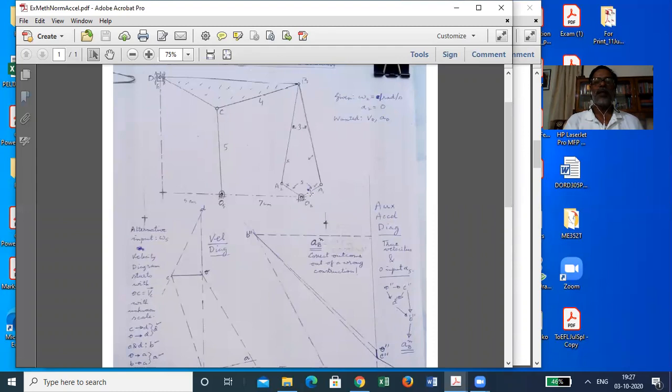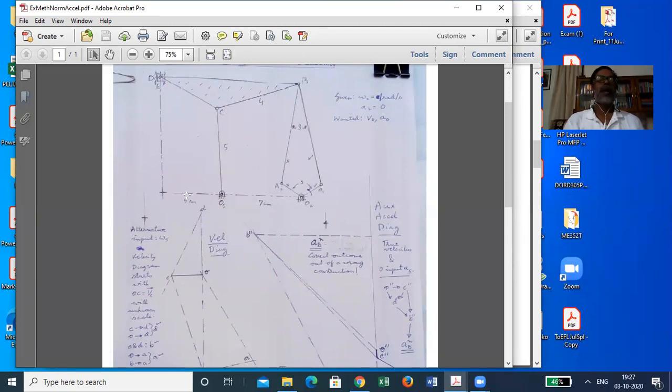Rather than this input link, you take this as input link. First, the velocity diagram. You don't have to say this input link is rotating at 1 radian per second or 4 radian per second or 3 radian per second, anything. You just say whatever angular velocity with which link 5 is rotating, with that whatever is the velocity of C, we will represent it by 2 centimeters, because anyway scale we will determine later. So 2 centimeter made like this.